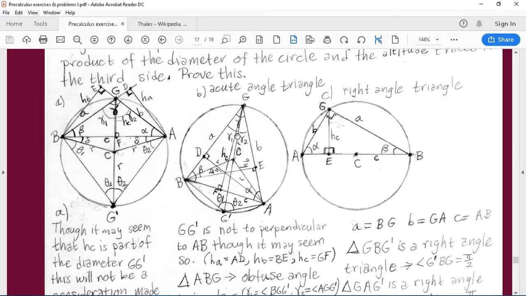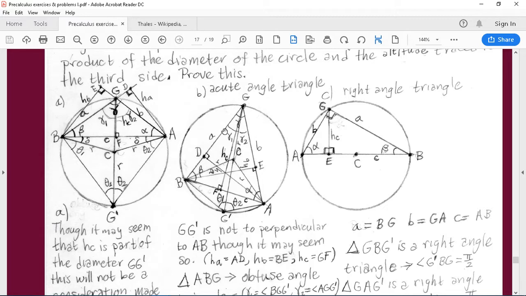Now we have to remember that gamma was equal to gamma 1 plus gamma 2. Now gamma 1 was angle BG G prime, and gamma 2 was angle AG G prime,